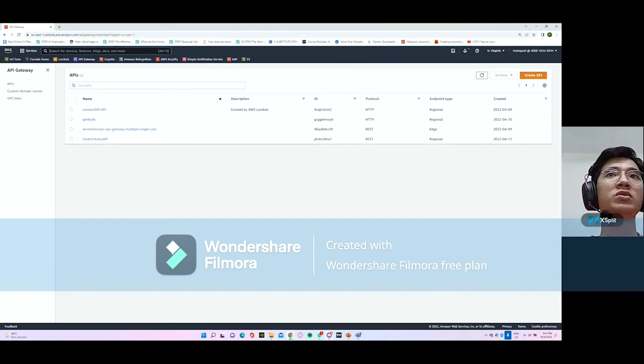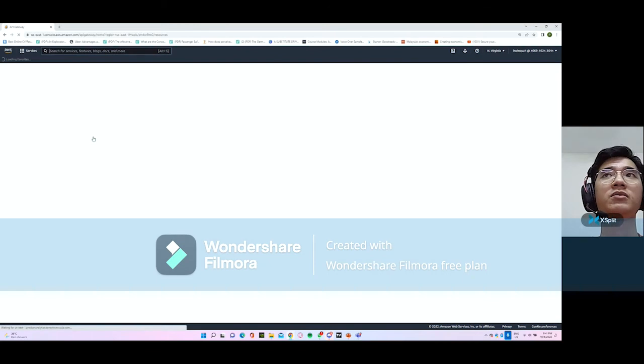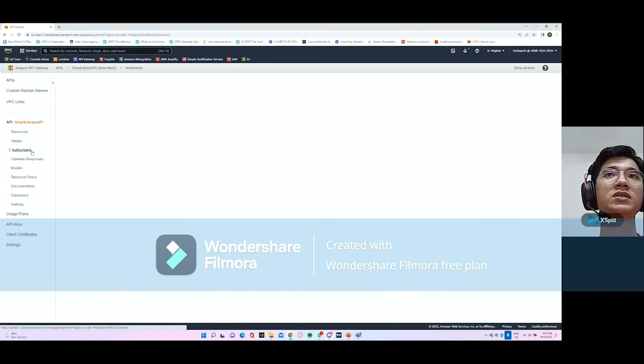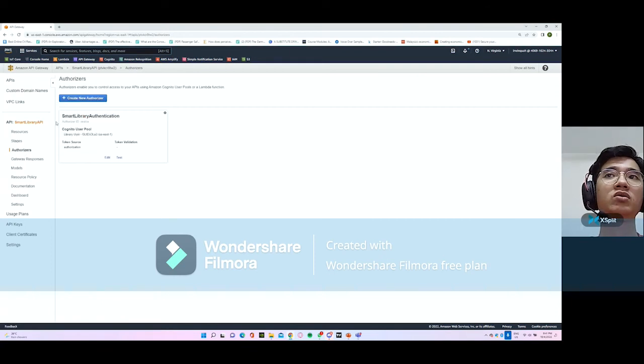But in this case, we will not be creating a new API, so we will just be reviewing the API that has been created. As you can see from the authorizers, we use the Cognito user pool, we set it into one of the authorizers, and therefore we can